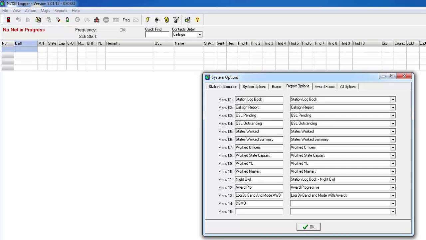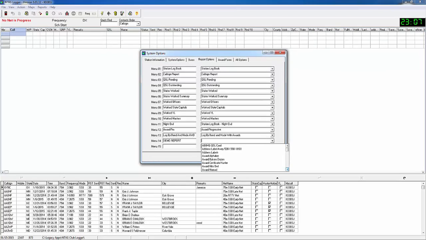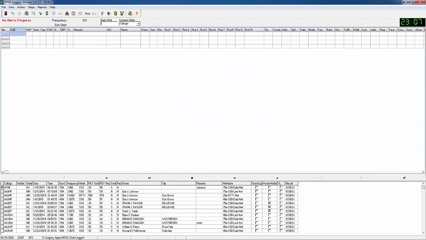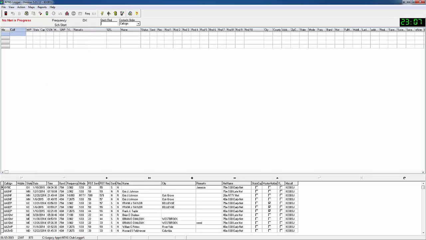Let's put Demo Report. And then we click this little down arrow here, find the demo report in this list, and then choose OK. Now if you come up here to Reports, there's the demo report. You can click on that,